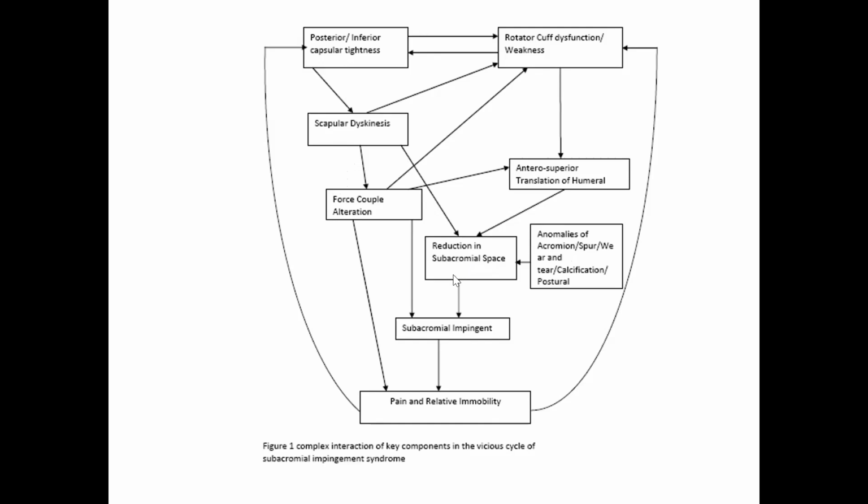stenosis of that subacromial space, reduction in subacromial space. अब सबएक्रोमियल स्पेस की ये दोनों रीजन सिर्फ नहीं है, ये स्पेस फंक्शनल कारणों के साथ साथ एनाटॉमिकल स्ट्रक्चरल डिफरेंस की वजह से भी कम हो सकती है। लाइक एक टाइप 3 एक्रोमियन है, लाइक स्पर है एज टू एथलेटिक चेंजेस की वजह से, या देयर इज डीजेनरेशन ऑफ दीज डिफरेंट बोन स्ट्रक्चर्स जिसकी वजह से देयर इज वियर एंड टियर, या यहाँ पे कैल्सिफिकेशन हो, कैल्सिफिक टेंडनाइटिस है, या पोस्चर प्रॉब्लम है,